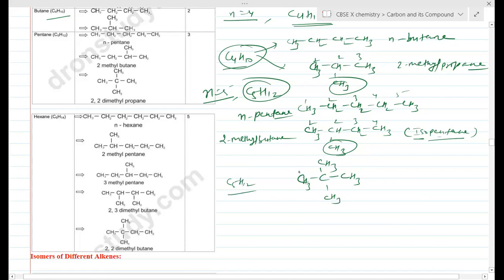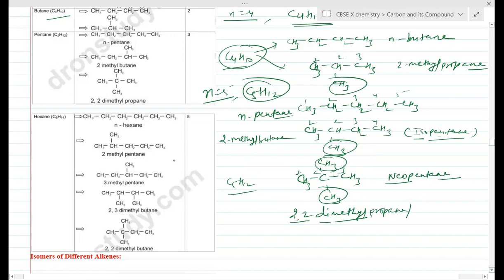Okay, when we name this 1, 2, 3. Second carbon you can see methyl group is there. So 2,2-dimethyl will name. Okay, if 2 same group is there, we will use the di. 3 same group is there, we will use a tri. So 2,2-dimethyl, longest chain is 3. So it is what? Propane. If the second carbon contains 2 methyl group, it is called as neo group. So neopentane. This is also called as neopentane.